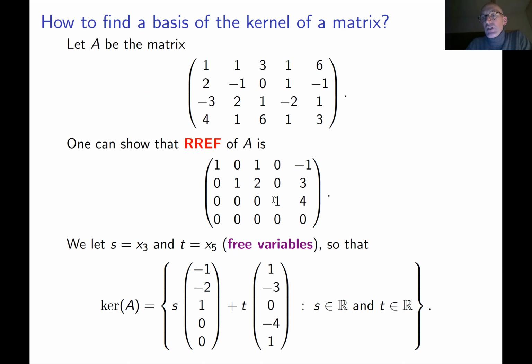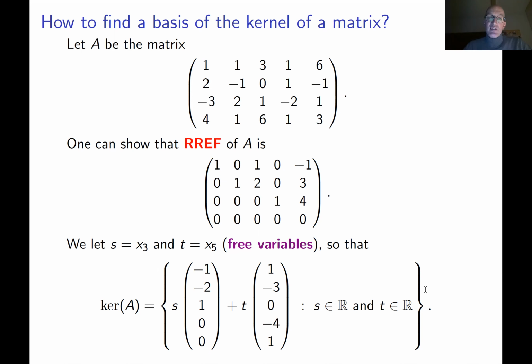So usually you can denote these variables x3 and x5 by different letters, just so it maybe looks better. And you express your x1, x2, x3, x4, x5 in terms of s and t. And then you can either leave it as it is, or you can split it as s times some vector plus t times some vector. And you have this. And when you express it, you see what this expression is.